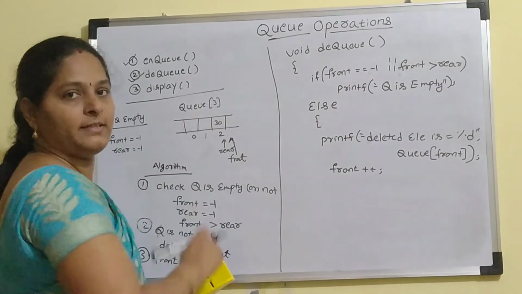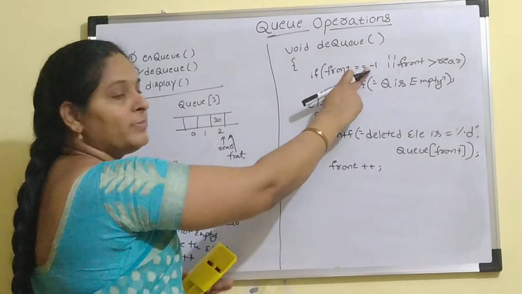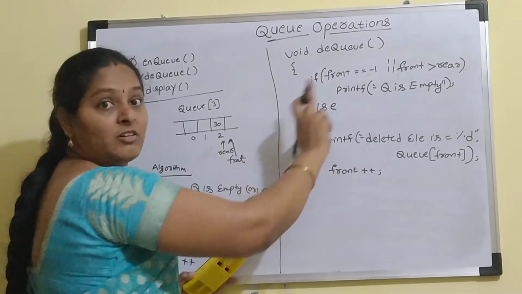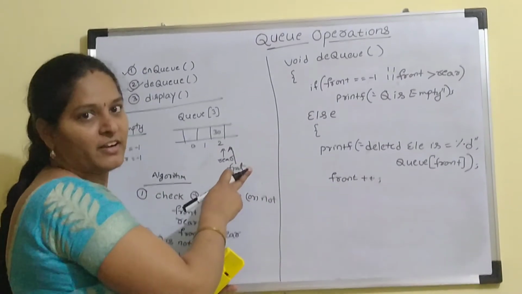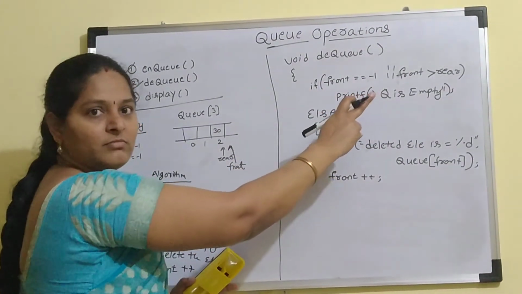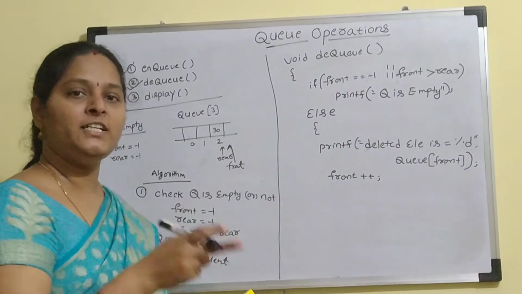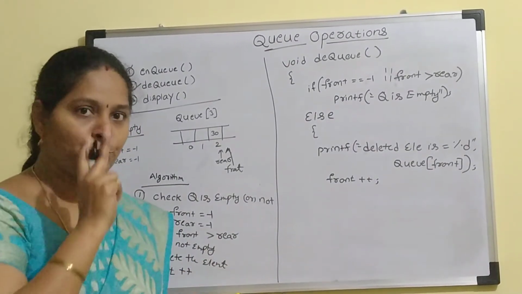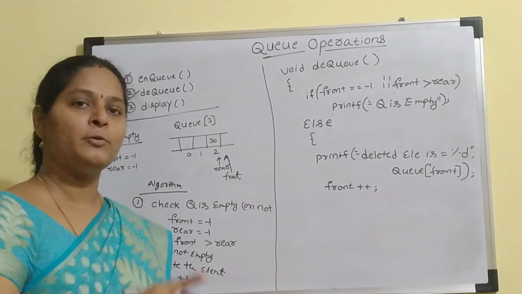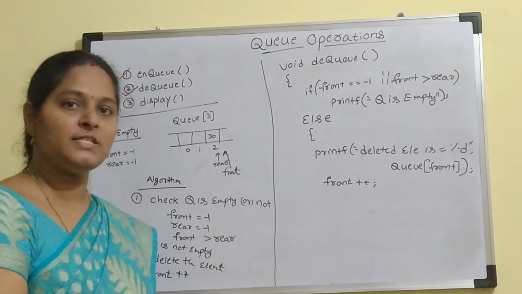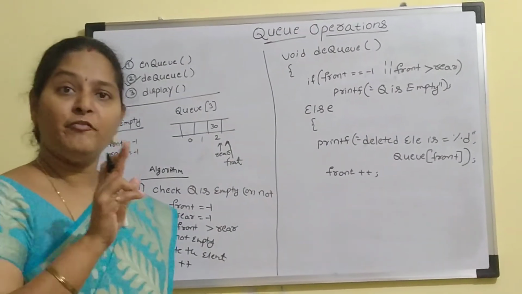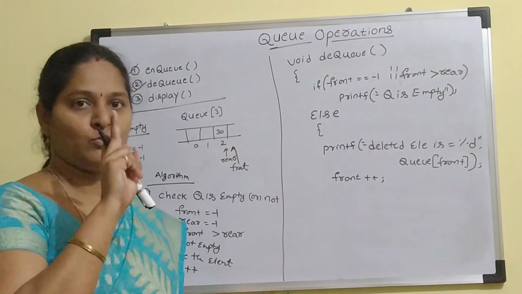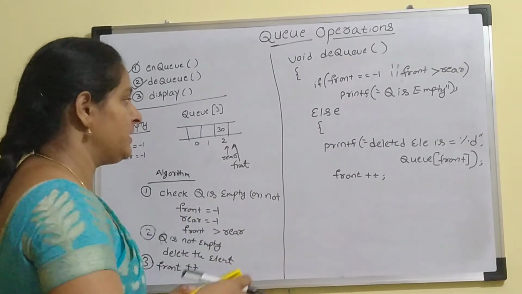Now one more element. Now I want to delete 30. Check the condition. Front equal to -1, false. Here front is 2. Front greater than rear, false. Front is equal to rear, so the queue is not empty. Whenever the front pointer and rear pointer are both pointing to the same location, it happens in 2 cases. If front and rear are both -1, it indicates the queue is empty. If front and rear are pointing to an index of 0 or more, that indicates the queue contains 1 element. Don't get confused here, just leave it.